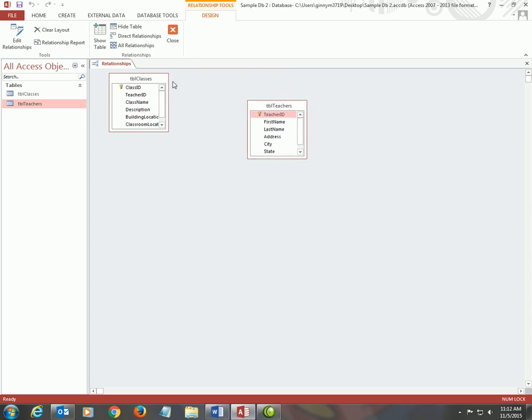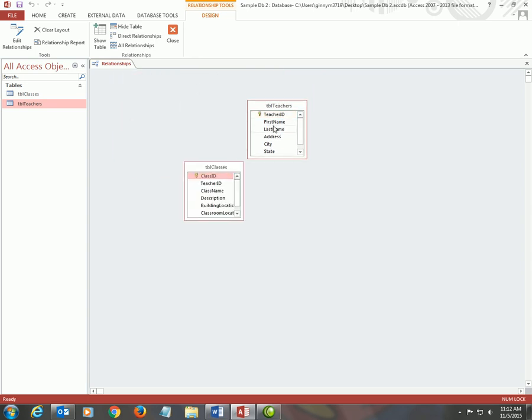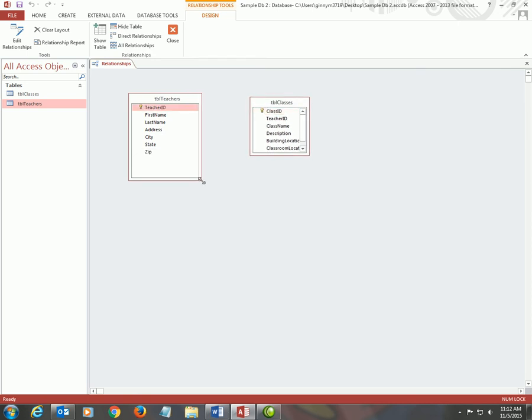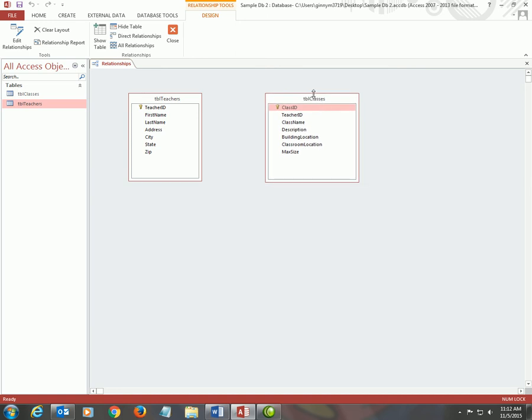You can move these around in the Relationships window if you want to. Whatever you want to do. You can resize them to accommodate all the fields if that bothers you. All right, and it's as easy as a drag and drop. So remember that in this case we're defining a one-to-many relationship between the teacher table and the class table. Only one teacher should be present in this,